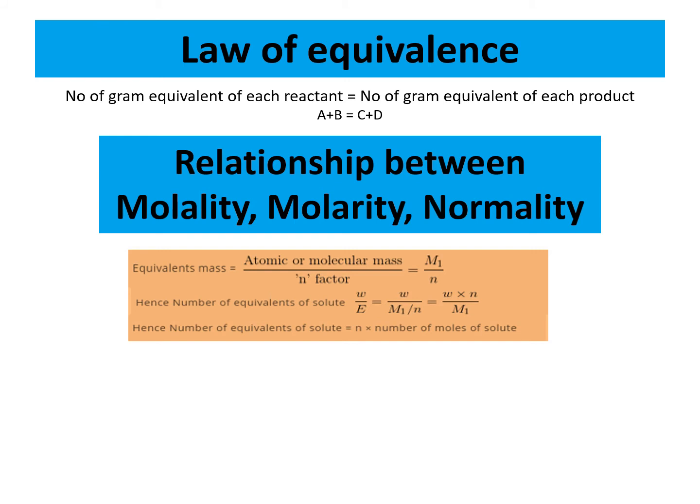So, the number of equivalents of the solute means weight divided by its equivalent weight. Weight divided by its equivalent weight is what? Molecular weight divided by its n. It may be a valence or whatever the thing we are going to calculate, that we have to mention here. If it is an element, you have to find it as a valency, or if it is an acid, you have to mention it as basicity. If it is a base, acidity. According to that, the n will change.